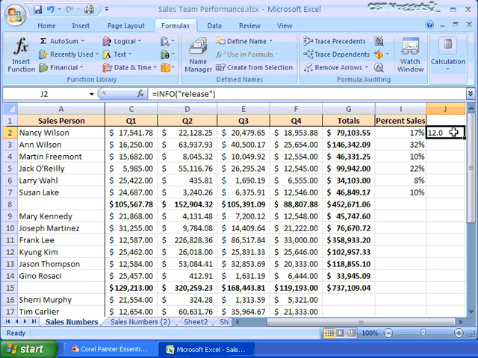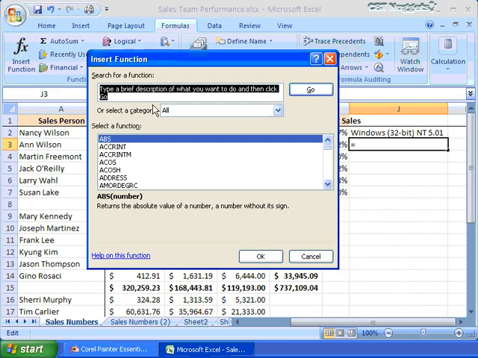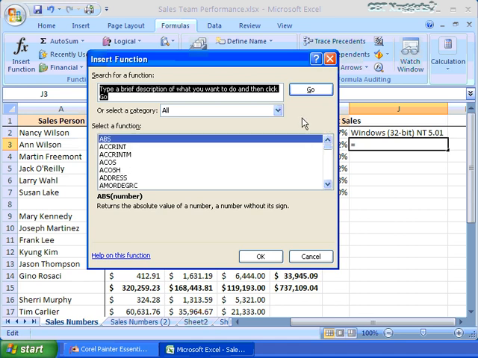It's now called 2007. It's called the release. I could also put OS version in here. Look at that. I'm going to resize this a little bit. You can see that I'm running a Windows 32-bit operating system. This is just a simple formula, but what I wanted to show you is that by using this Insert Function, it opens up a dialog box. You can find all the different formulas. Some are pretty simple. Some take some time to really understand what variables go inside the formula, but they all have the same syntax, and you can always go to help